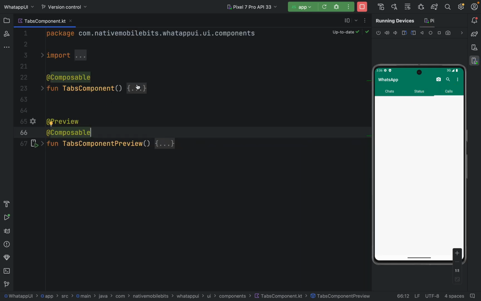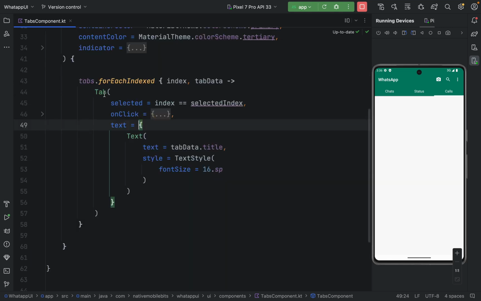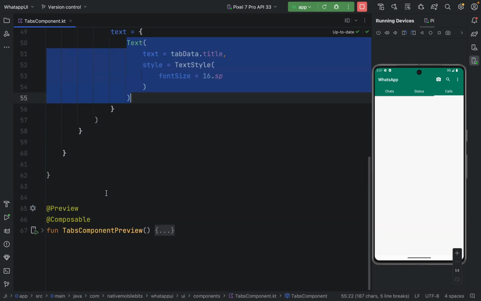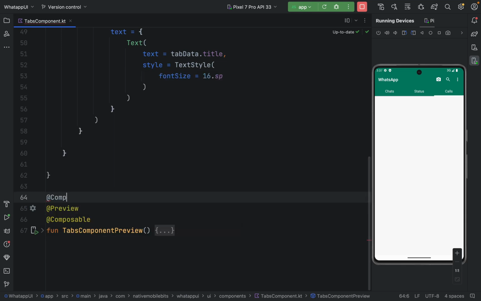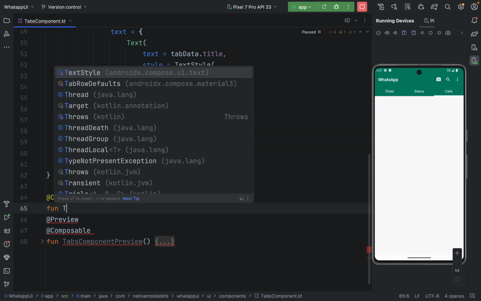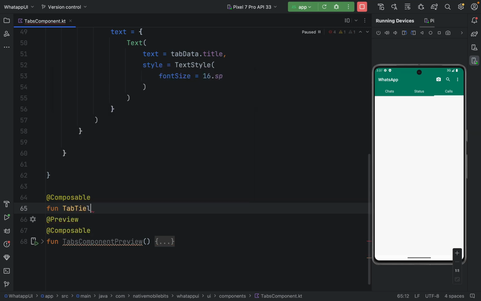Now let's improve our tabs component a little bit. So we have this tab component, and here we are using one text composable, but we are using it directly. So we can extract it out of this. So we can just create one composable function, and let's call it tab title,